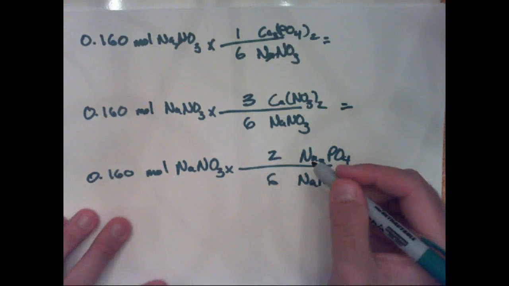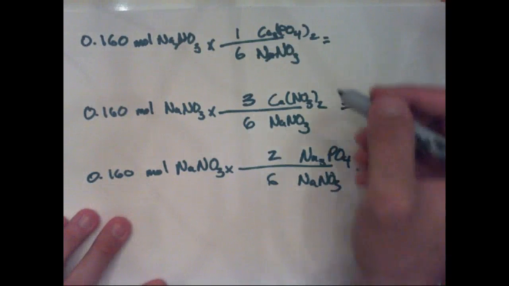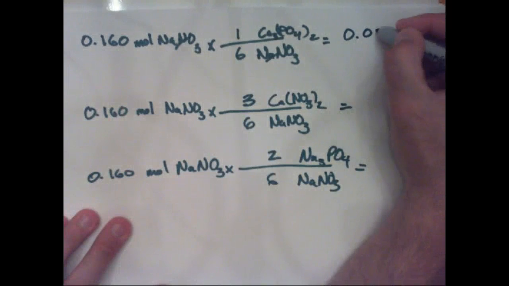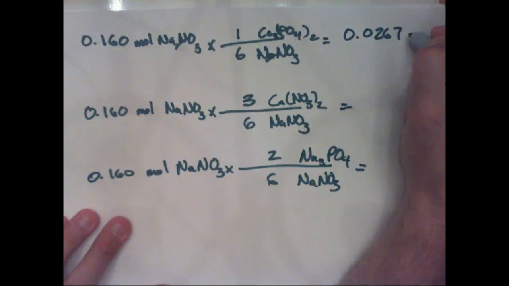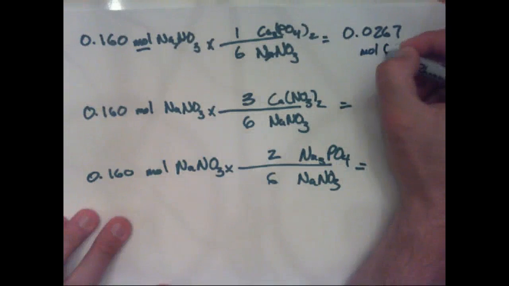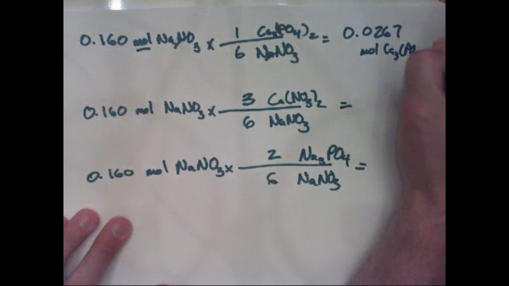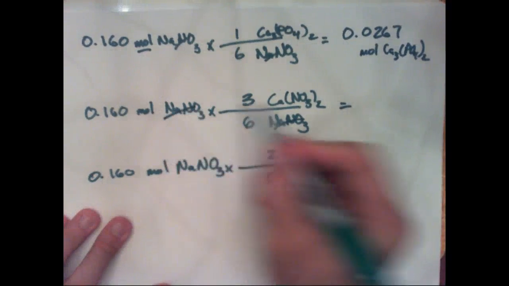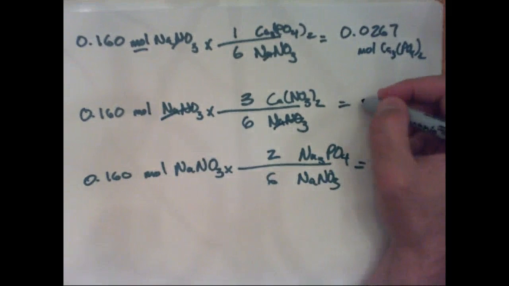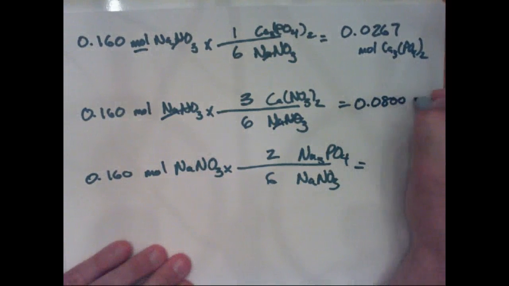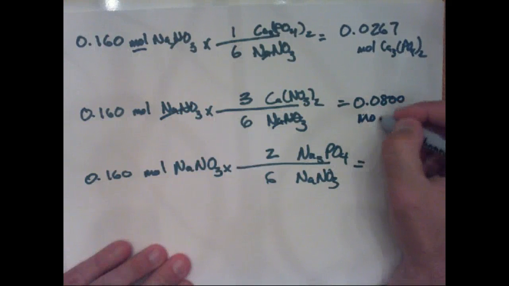This becomes fairly straightforward. So when we do this, divide by 6, we get 0.0267. Okay, and look what's left. Moles of Ca3(PO4)2, calcium phosphate. Look at what's left. The sodium nitrate cancels, and now we're at 0.0800 moles of